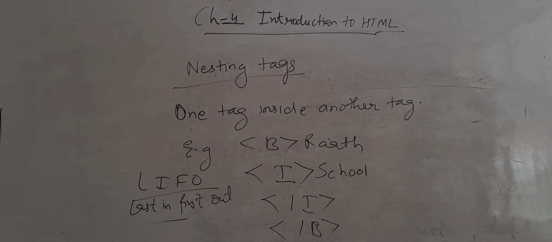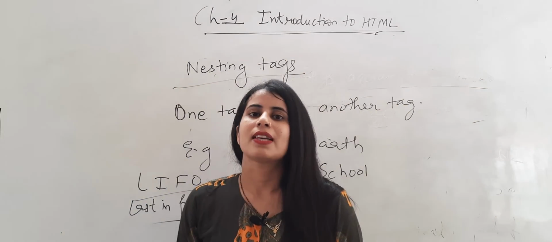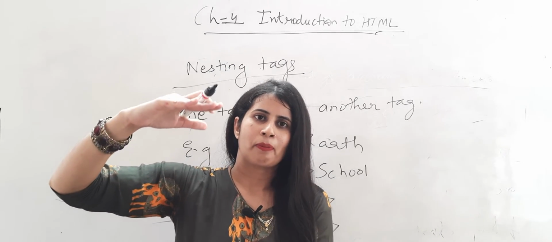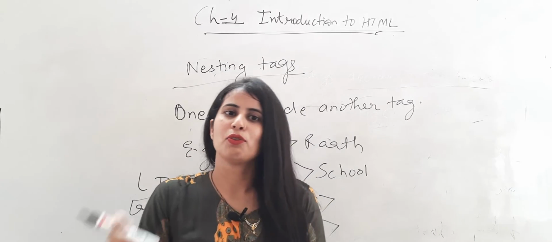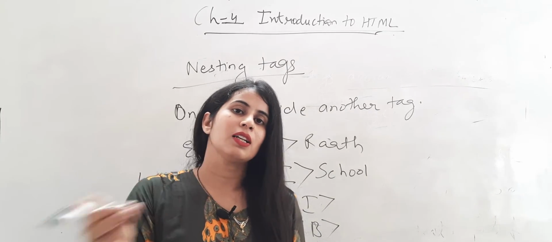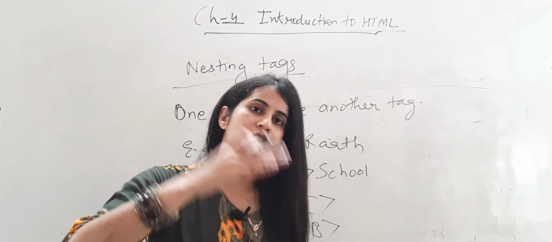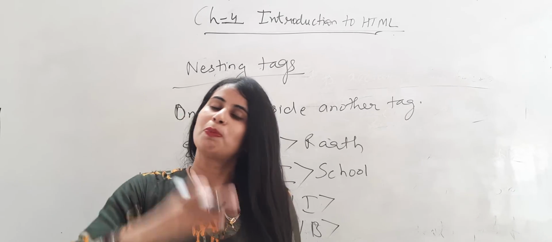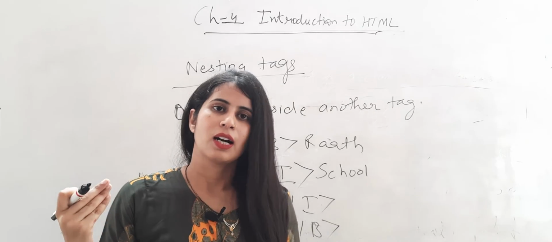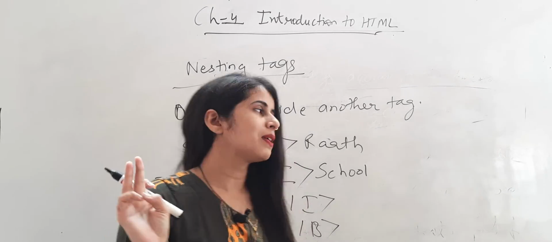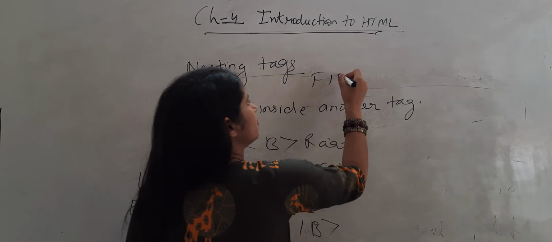Last in, first out. Whenever we go to any wedding ceremony, you have seen the plates there. The plate that we use to keep the food items, the plate that came last will be taken first. The plate that is kept last is taken out first. Understood? LIFO principle. There are two principles, FIFO and LIFO.